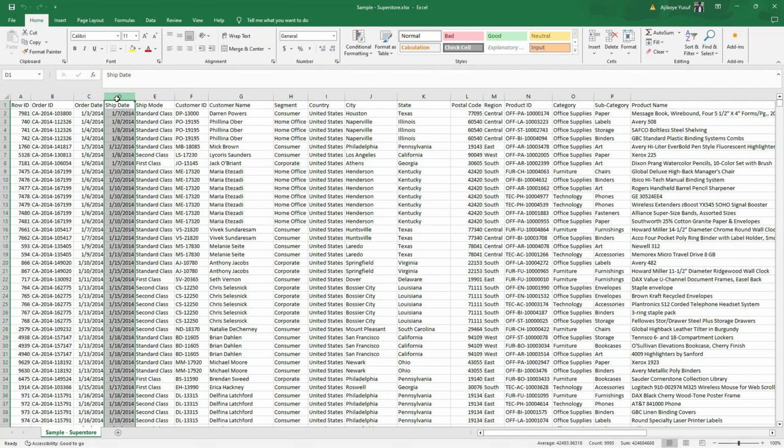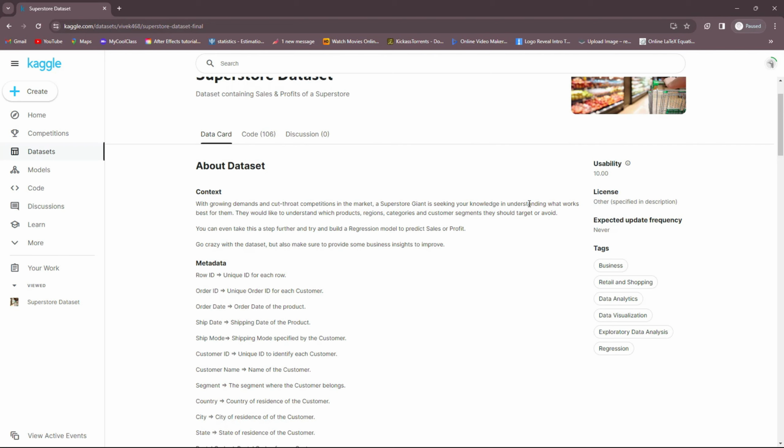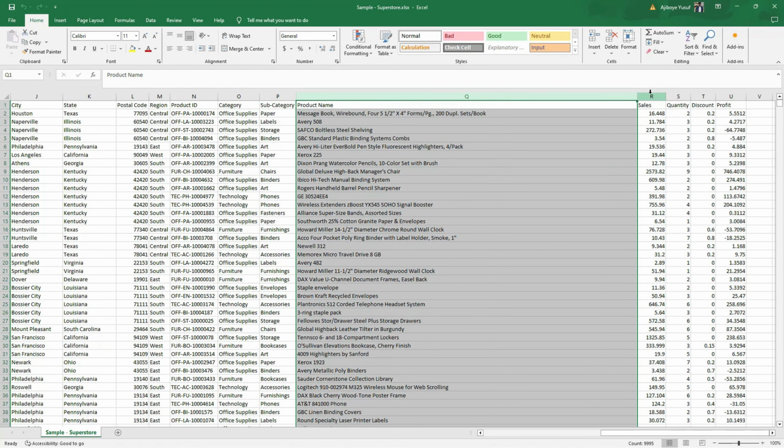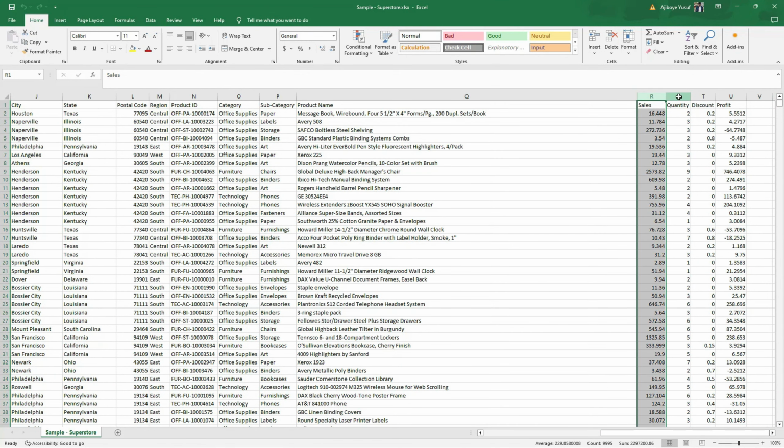Okay, so if it's going to be getting the maximum profit from a particular region, from a particular product, or from a particular category, then it's going to be focusing its attention on that. So based on product, region, categories, and customer segments, those are the 4 key variables. We are going to be working on those 4 key variables in relation with sales, quantity, discount,